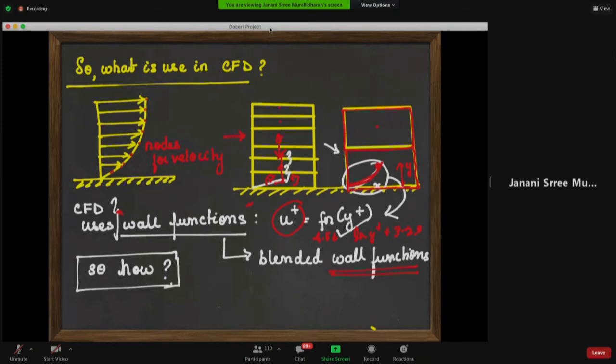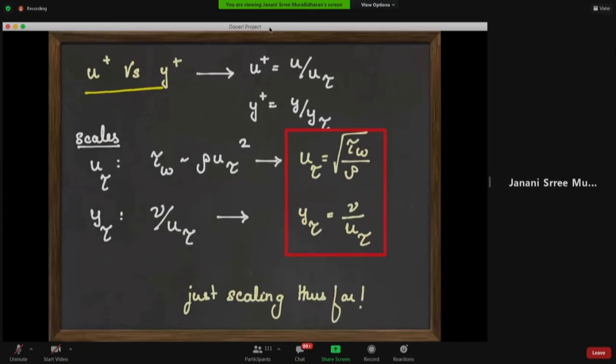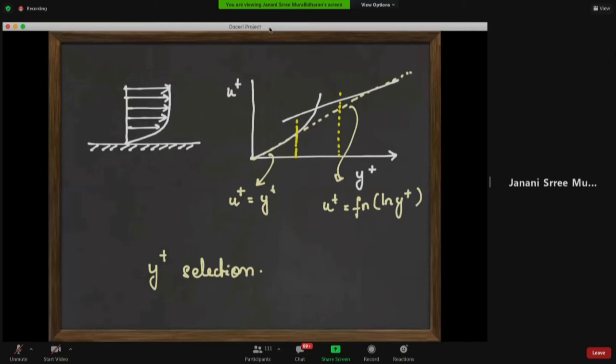But the underlying idea is you try and get a velocity at a particular distance from the wall. Okay. And that's through something called the wall function approach. So what is the wall function approach? Very quickly, like I said, at a particular distance from the wall,